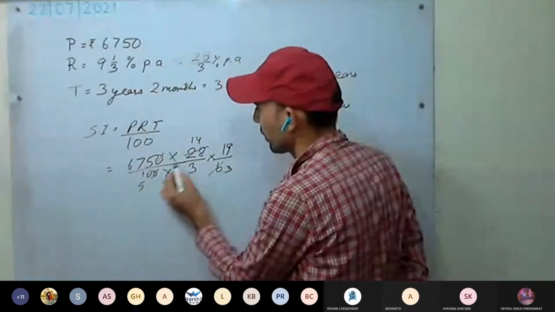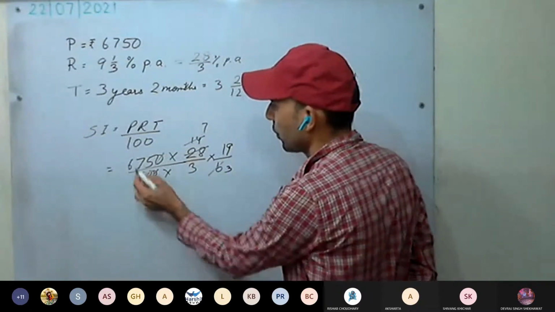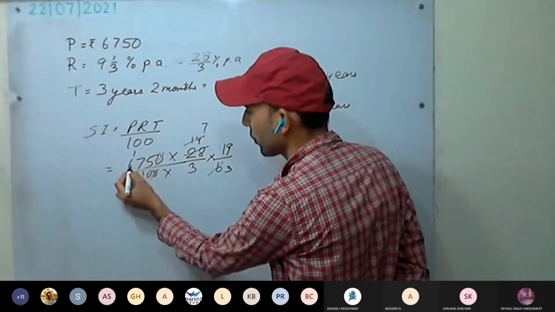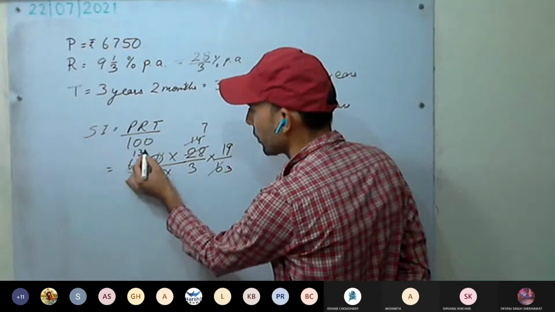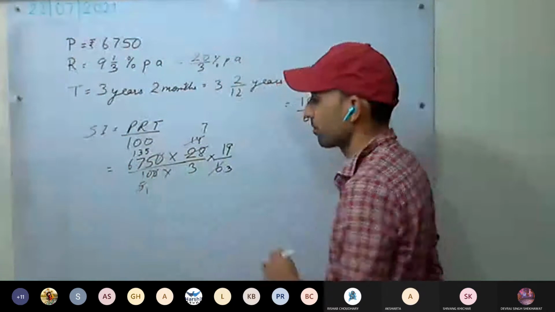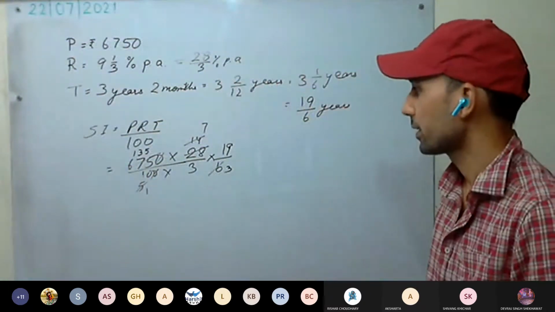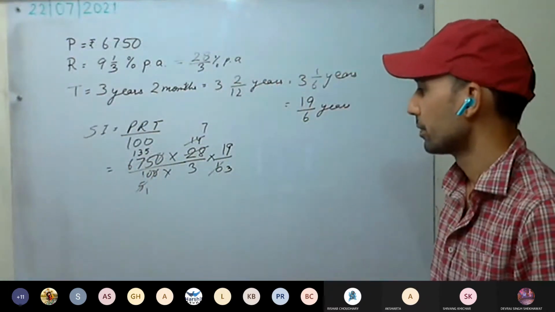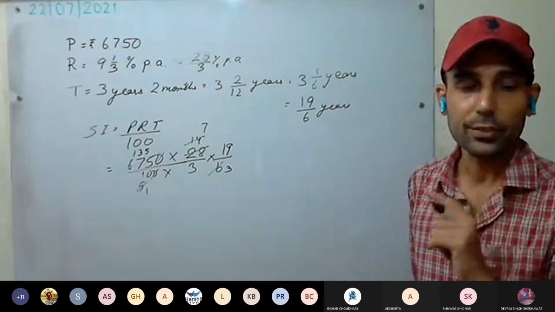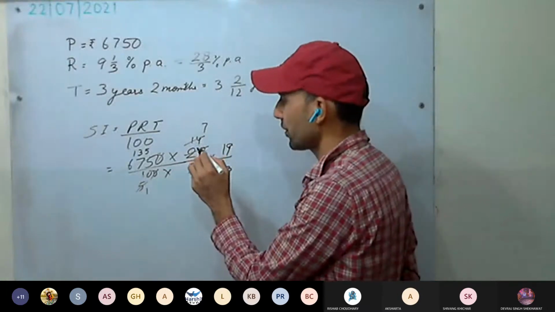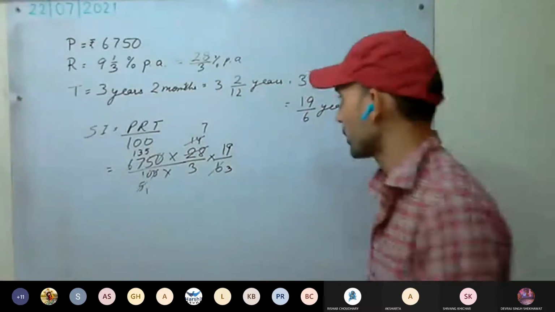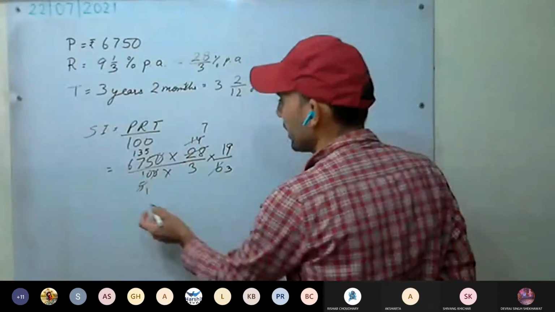2, 5 ja 2, 7 ja 14. 5 cancels with this one. 5 1 ja 5, 17, 3, 25, 125. And 9 is cancelling with this. So how much are you getting? Into 9 equal to 135. 1, 5, 15, are you getting? How much? 15 into 7 into 19.